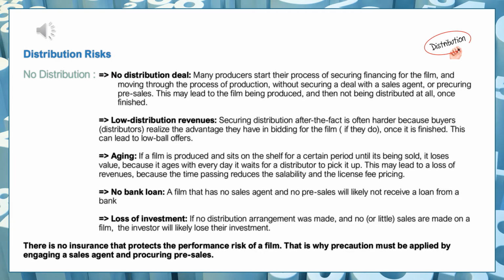So that means that once the movie is finished, you still get your money from the distributors who pre-bought the movie. They're not going to be happy to have to pay it because the movie is not what they hoped for, but they have no choice. They have to pay you.